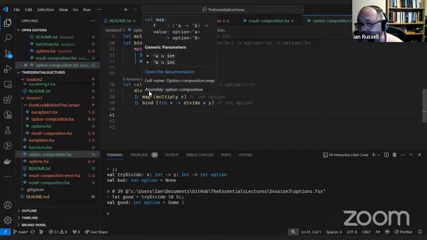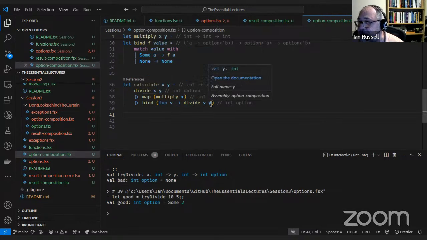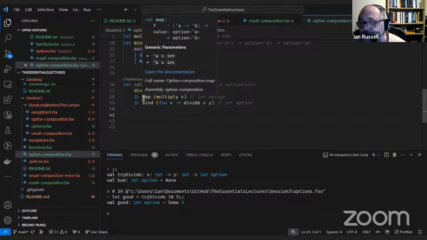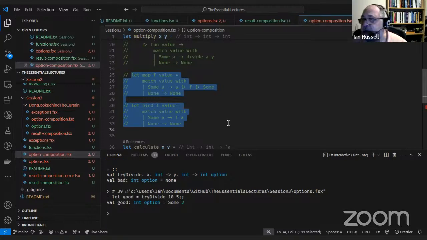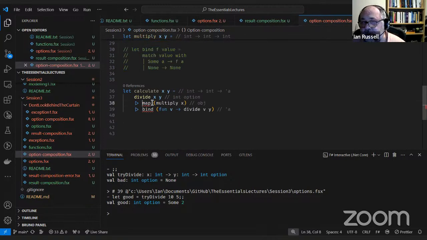So I need to divide the value that's been passed down by the y value. So that's why we have to use this function type. And again, didn't need to do this because actually these are built into the option module.